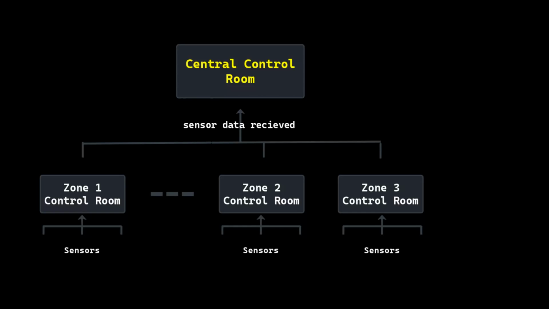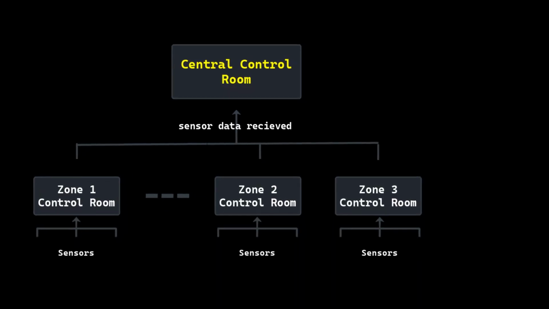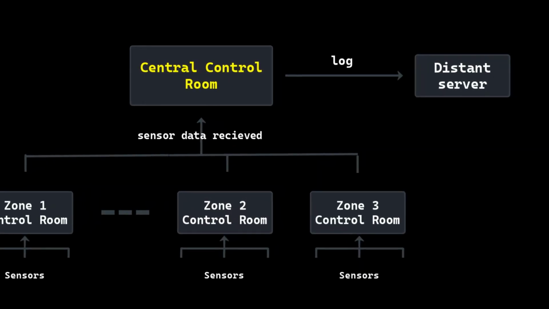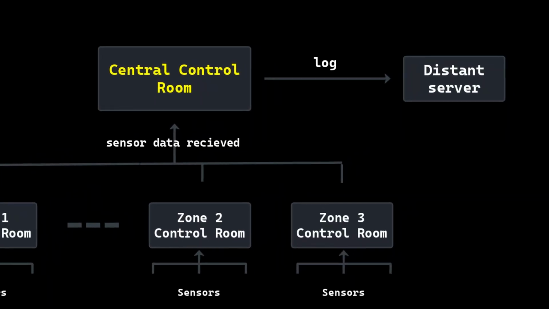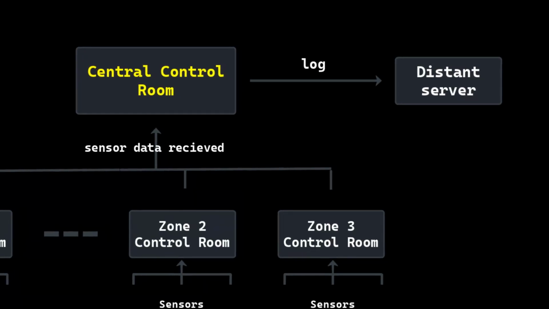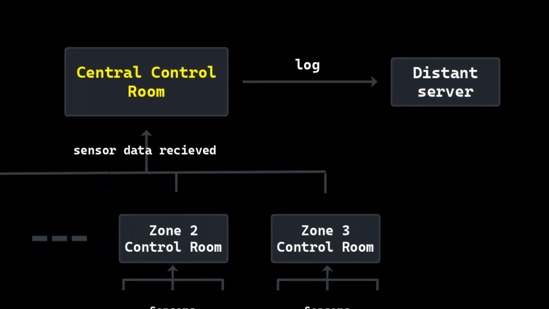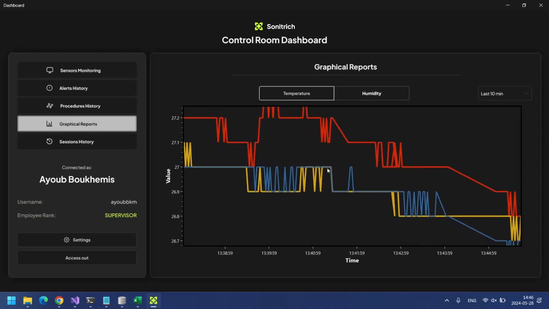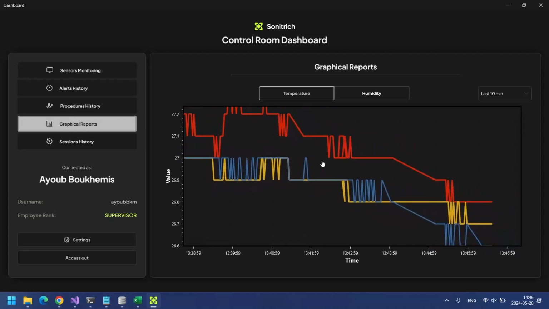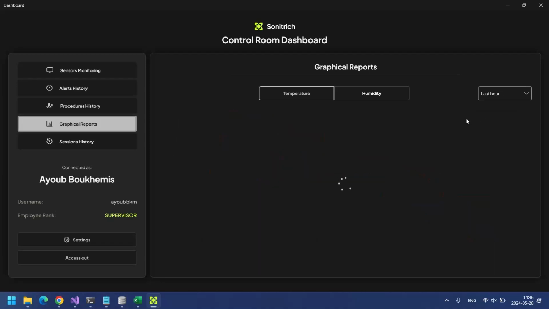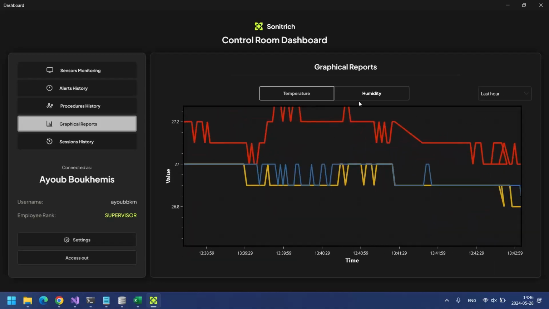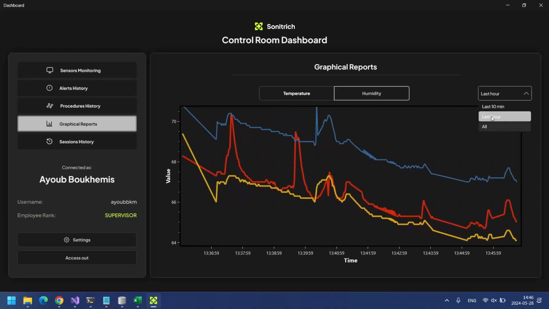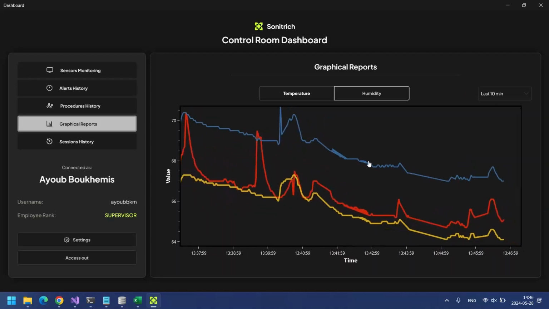To facilitate future data analysis of sensor data, we log all incoming sensor data upon reception. These logs are transmitted to a remote server separate from the refinery's local server to safeguard against data loss during incidents. On the dashboard, these data are graphically represented to visualize the consistency of values over time. This visualization enables us to extract insights and identify patterns from sensor anomalies, aiding in proactive incident prevention and system